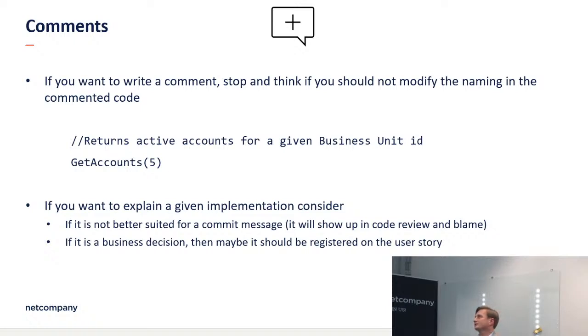That's pretty straightforward, right? And if you want to explain why you implemented something in a certain way, maybe it's better to just write it in the commit message, then it will be seen during code review. And if somebody clicks blame because he sees something is wrong with the code, then he will also see your commit message. In general, I think comments mostly add noise to the code, and with a few exceptions, I would say it's possible to just write good readable code without having comments.